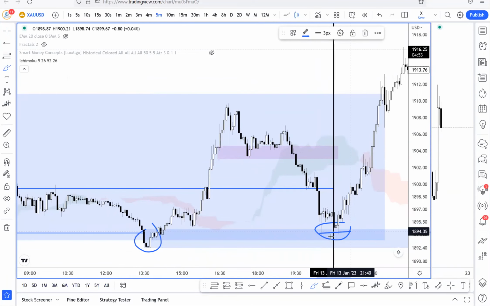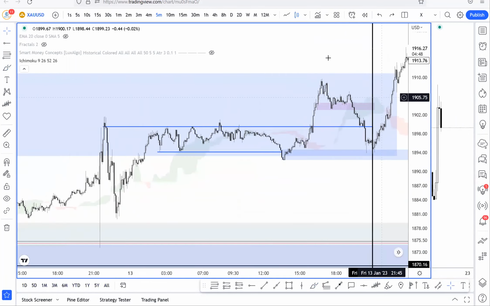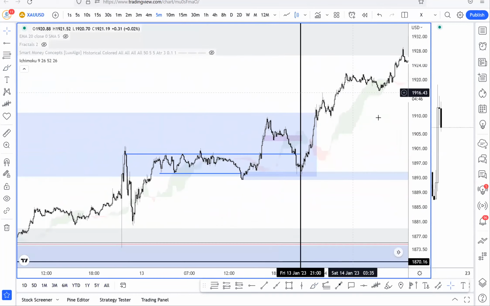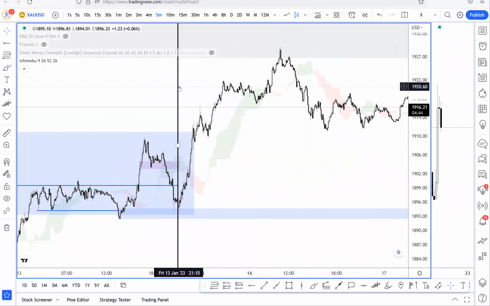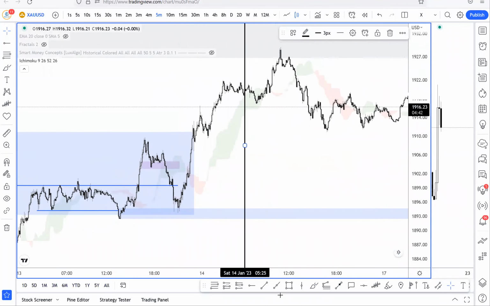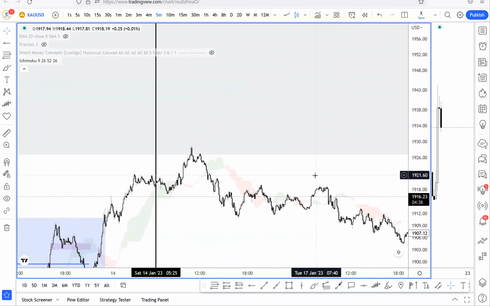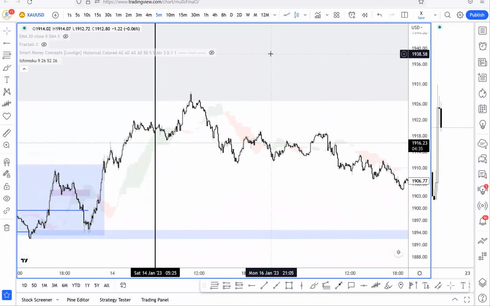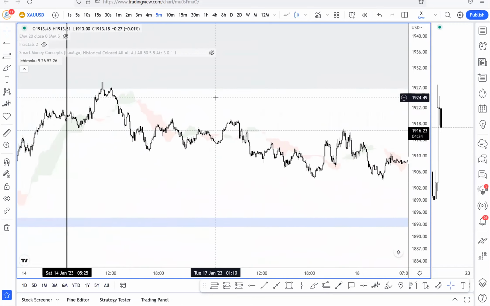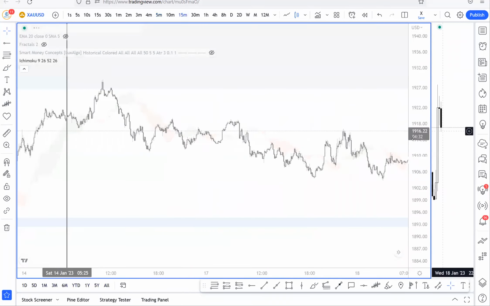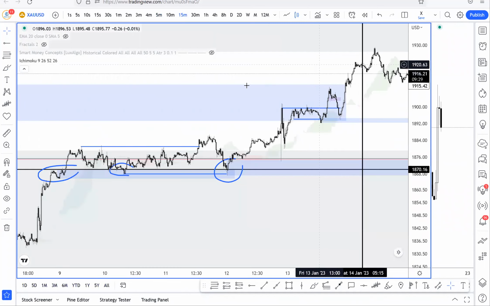And then you can see that following that, price just continued higher, and it's in line with its higher time frame, because the higher time frame is still more bullish, and price pushed further and further up. And right now it's testing this resistance zone here, the one in gray, you can see here. So price pushed into the resistance area, and you can see on the 5 minutes time frame, or even the 15 minutes time frame,